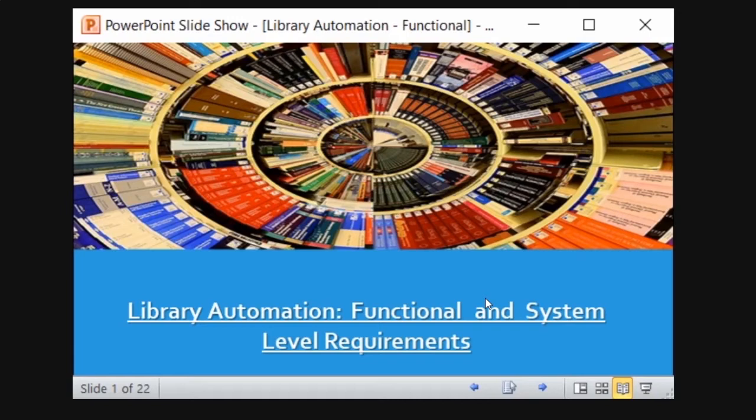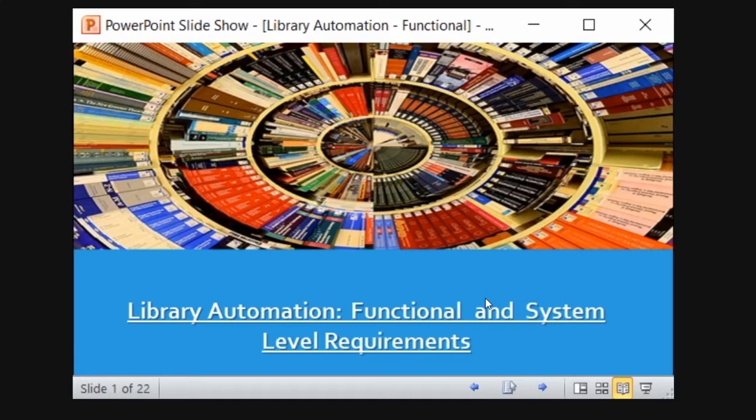What do you mean by that? Automation, as I told earlier, is nothing but automating the routine functions, that is, the housekeeping operations of the library, using a computer or a machine, right? So for doing automation you need a machine, a computer in this sense, okay? You cannot just randomly bring any computer and do automation. The computer should have certain system hardware and software requirements. So that is what we are going to see.